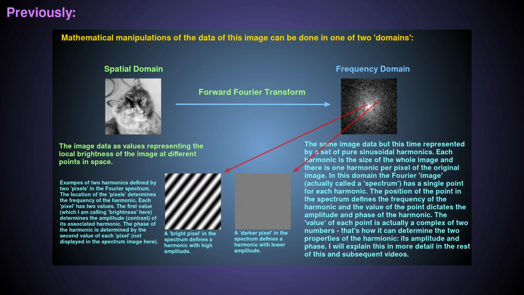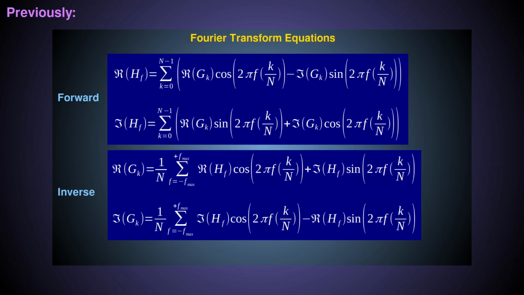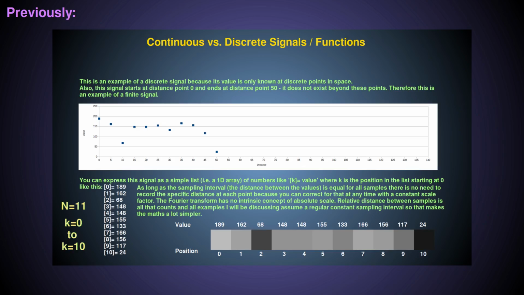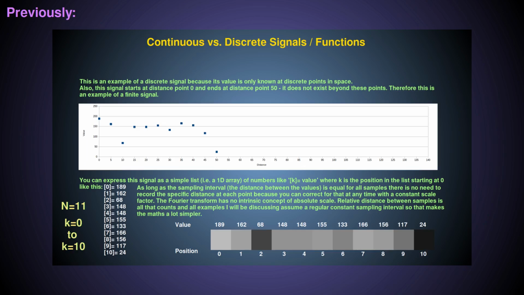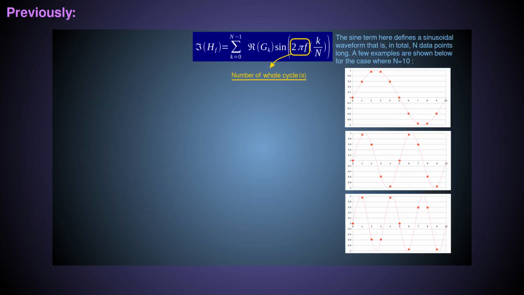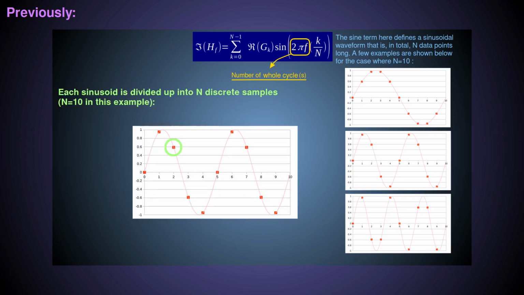In my previous Fourier video, I explained Fourier analysis in general terms, and I covered the DFT equations in some detail in relation to a complex discrete signal that is n samples long. If any of these terms sound strange to you, I suggest you watch that video first before continuing with this one. I explained how these equations represent general sinusoids as discretely sampled functions that are also n samples in total